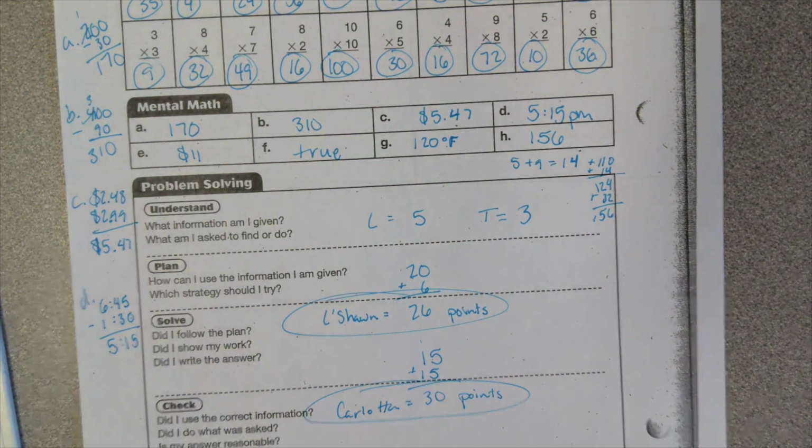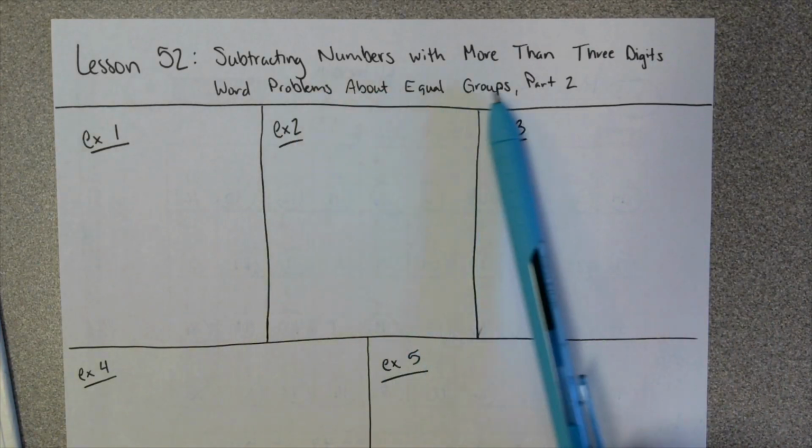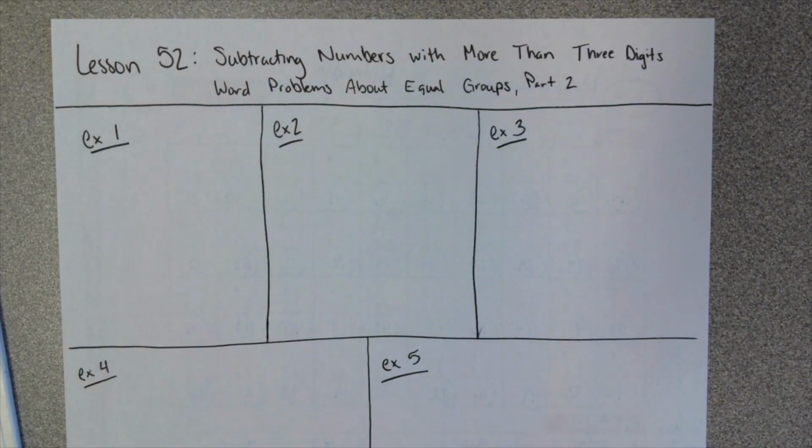Go ahead, flip it over. We'll get going on our new concept. Our new concept for today is subtracting numbers with more than 3 digits and word problems about equal groups. So for example 1,